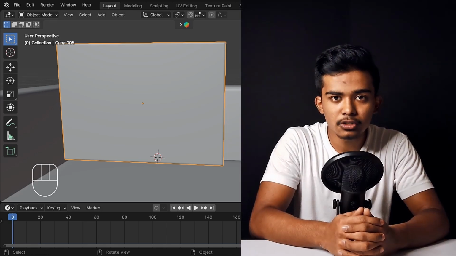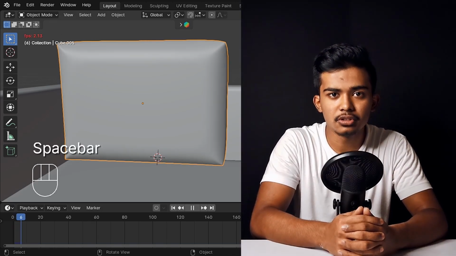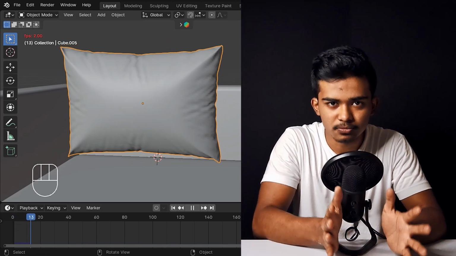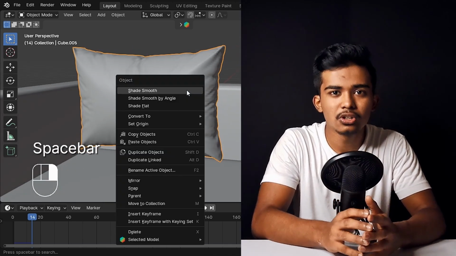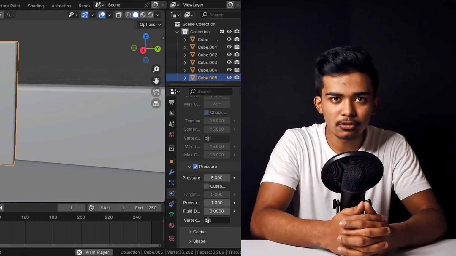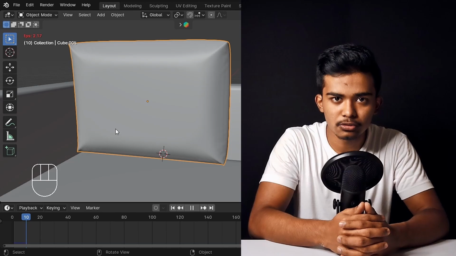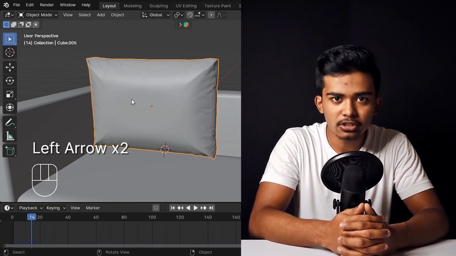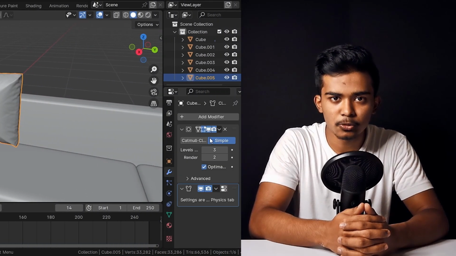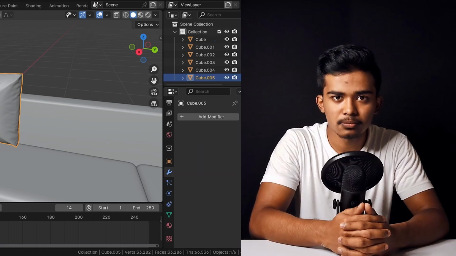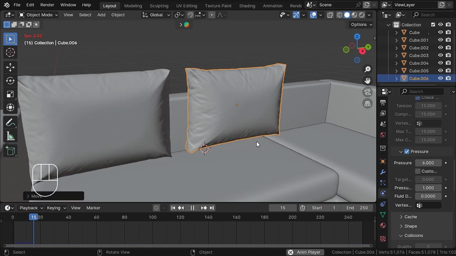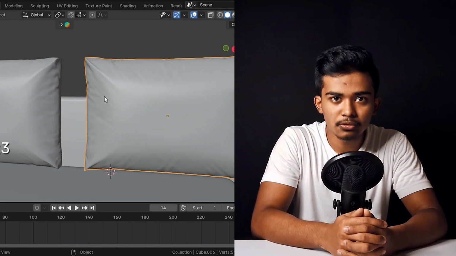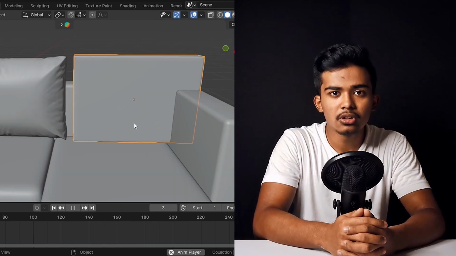And at a value of 10, the cushion fills in very quickly, which gives it a very solid squashed look. That's why I found 5 as the best value for our cushions. So stop the timeline at a desired frame and then apply both subsurf and cloth modifiers. Then simulate 2 more cushions, and I recommend having some variation in the pressure and the timeline so they don't